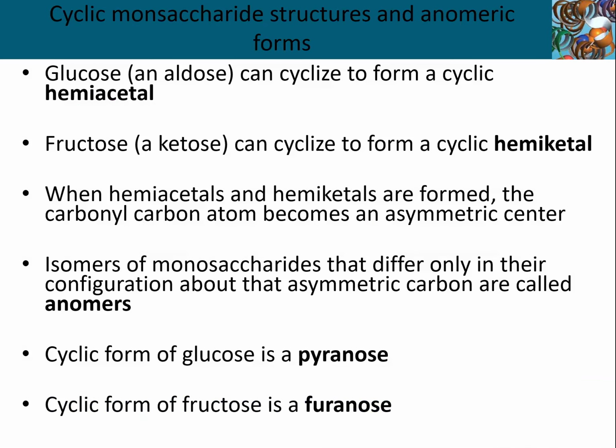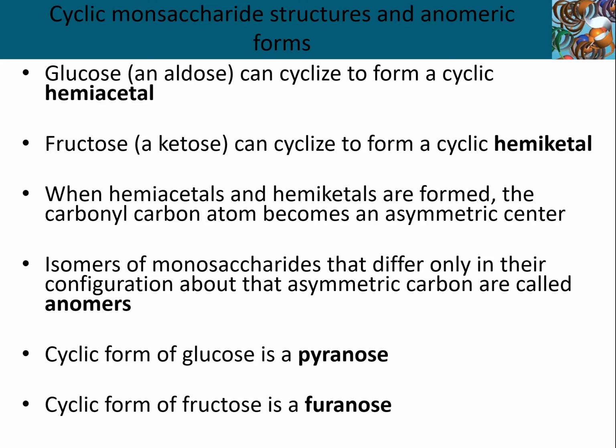So the cyclic monosaccharides form readily in nature, and like I said, predominate. So glucose, which is your classic aldose, can cyclize via forming a hemiacetal internally, and fructose, your basic ketose, can readily cyclize forming a hemiketal. And I'm not going to quiz you on, say, drawing a hemiacetal, but the mechanism of hemiacetal and hemiketal formation is consistent with what we're about to do mechanistically.